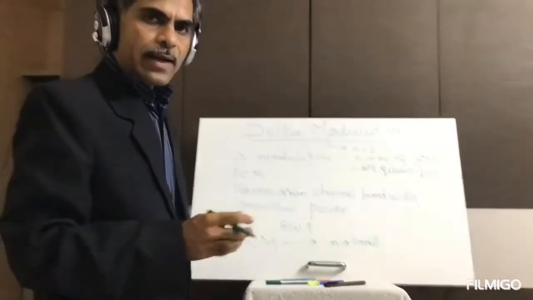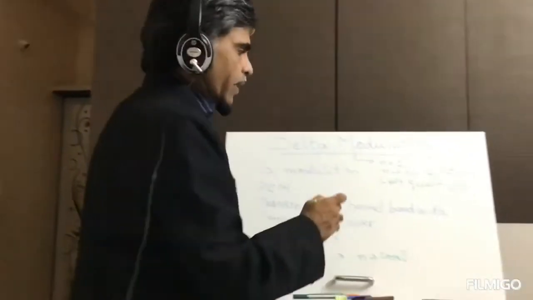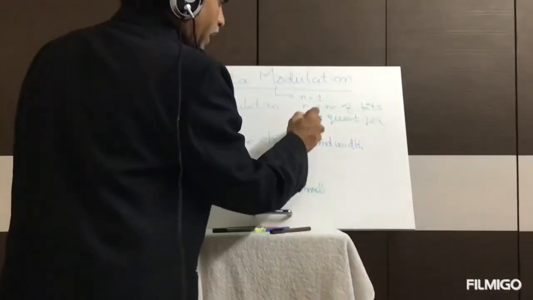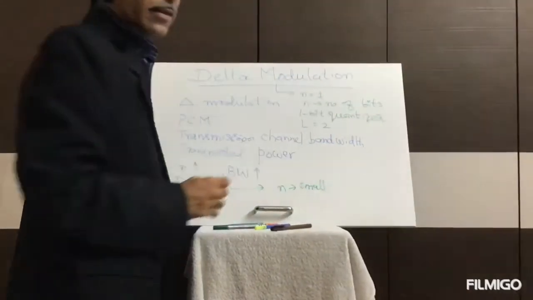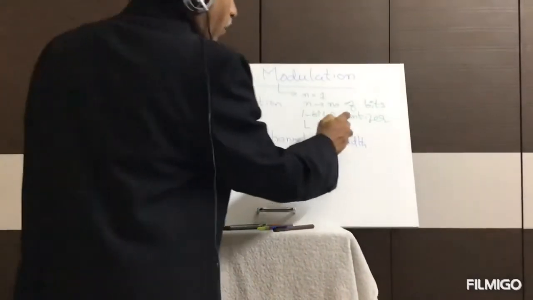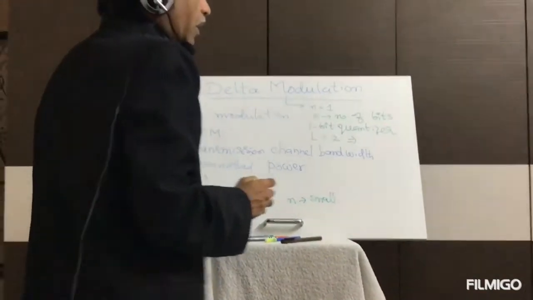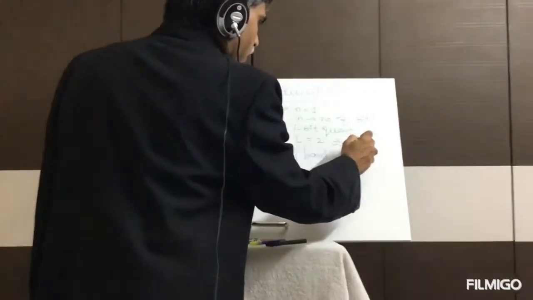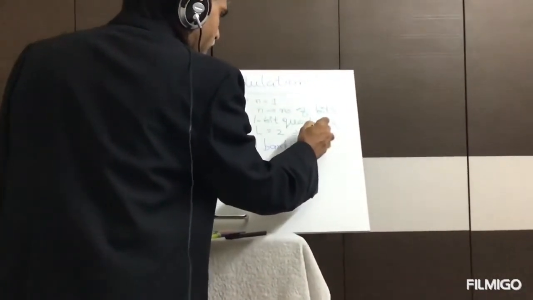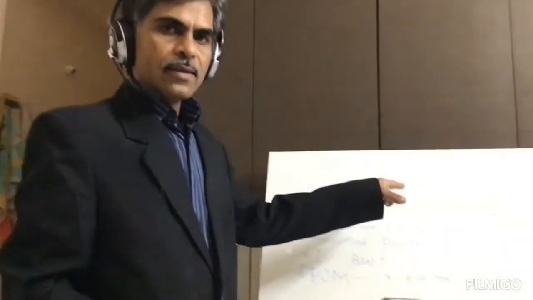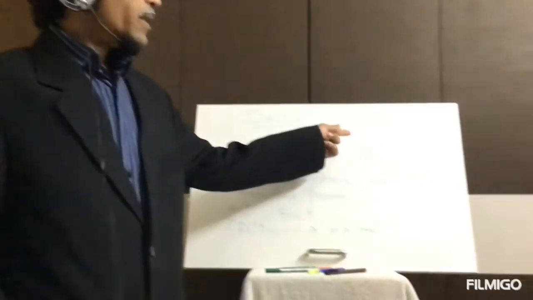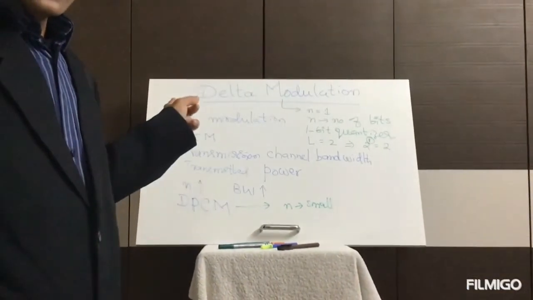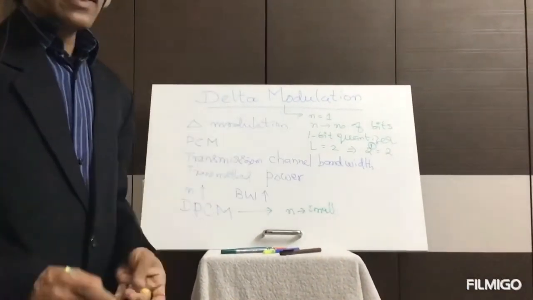And how many quantization levels are there? The quantization levels, which we represent by L, is equal to 2 here. Then obviously 2 power 1 equals 2, where that 1 is nothing but the number of bits n. So as we are using only one bit to encode the output of the 1-bit quantizer,